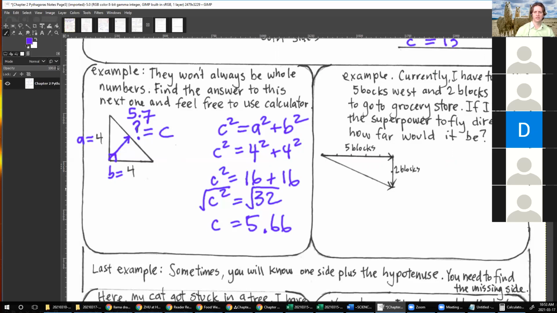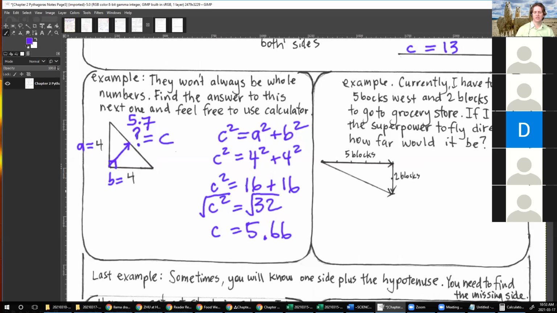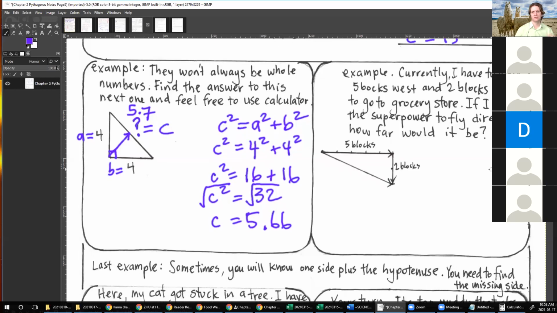All right, I really like this example, not necessarily because of the example, but because of the superpower. So currently I start here, and to get to the grocery store I have to walk 5 blocks this way and 2 blocks this way. If I had the superpower to fly there directly, which would be fun, how far would it be? Maybe if I don't have the superpower,